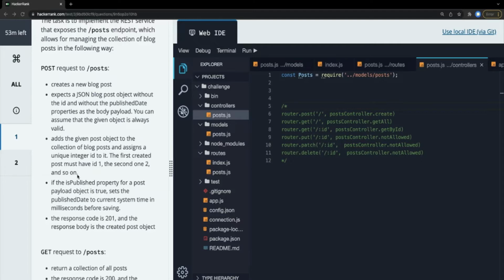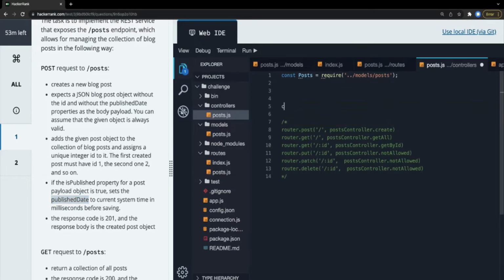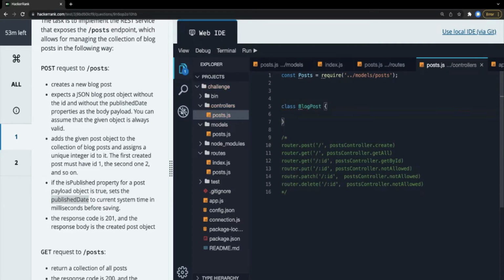If the published property of the payload is true, set the published date to the current system time. If the is published property for the blog payload object is true, set the published date to the current timestamp. Okay, and return this. So let's add a class blog post, and we are going to have all these methods: